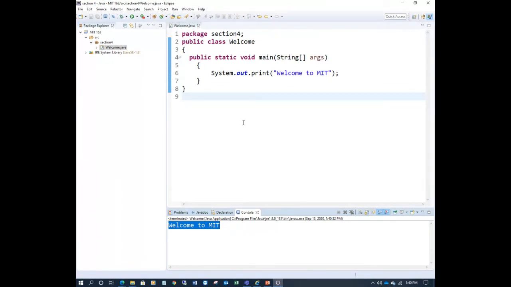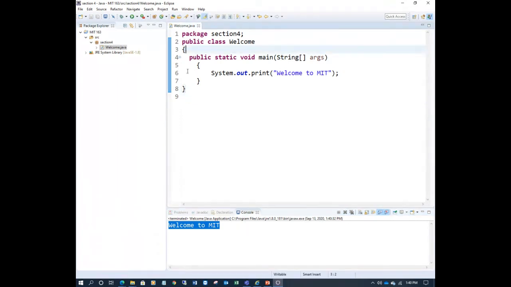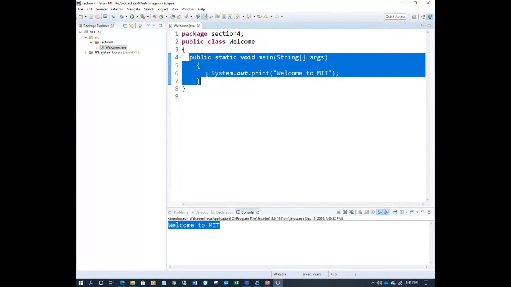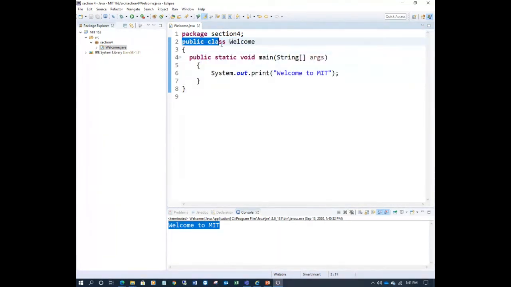Now let's go a little bit further and understand what this program is. These are curly braces, a left open brace and a close brace. Open means opening a block, a group. Under this we have the main method; we can have many other methods besides main. So this is a class, this is your program. The program name is Welcome, so it saves as Welcome.java in the source folder package.